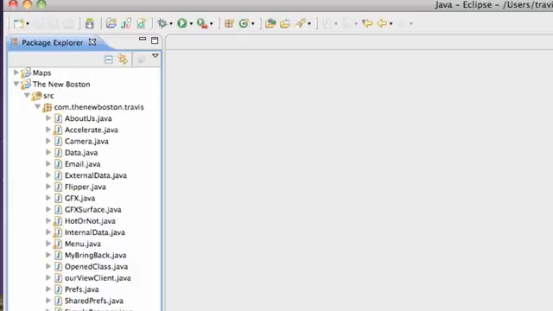What we're going to get into is working with the HTTP client to get some information from the internet and kind of process that information, parse it, and use it to our own benefit. So what we're going to do is go back to our new Boston project that we've been